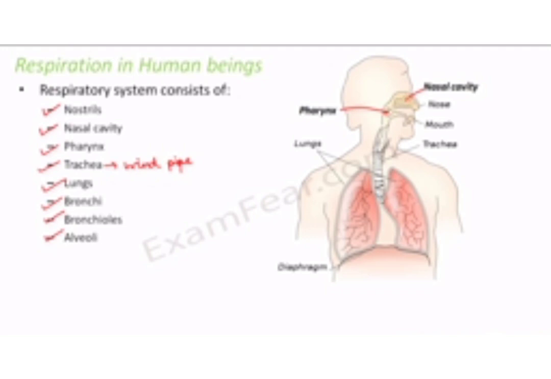This trachea will divide like this in both the lungs. So this branches, the branches of trachea are known as bronchi. The bronchi will further divide into smaller branches, that is known as bronchioles, and bronchioles will again divide into further smaller branches, that is alveoli. Right? So now you are aware of what are the different parts of the respiratory system. Now we will discuss about each one of them in detail.